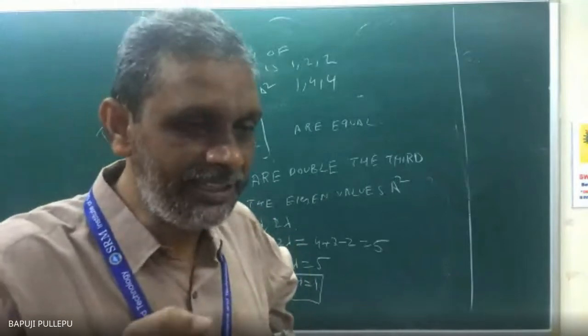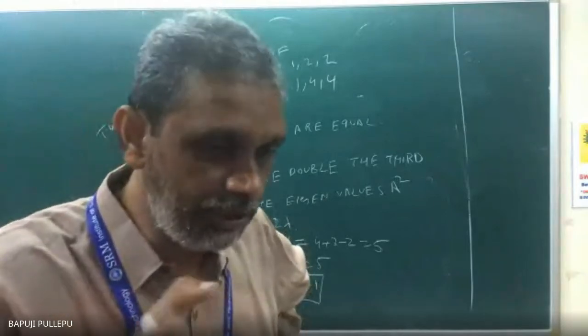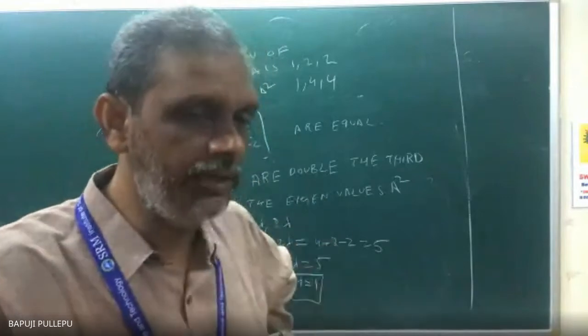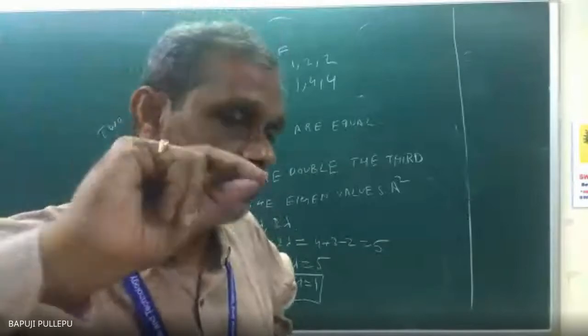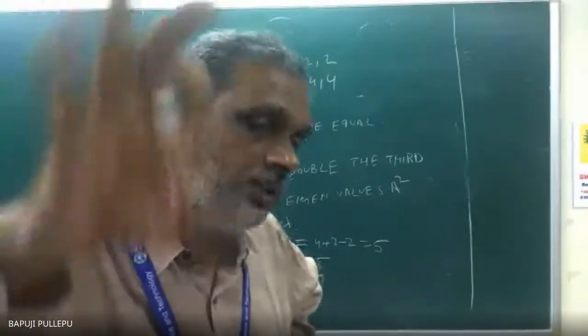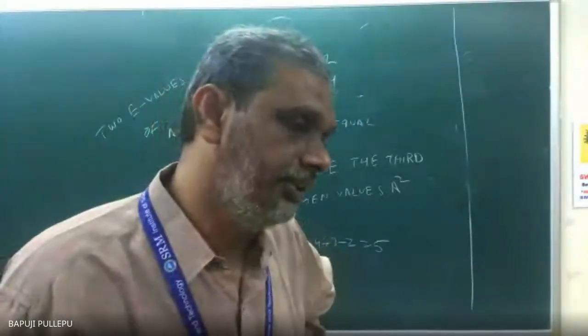For order-wise, I have written 1 to 2. But if you want to say it truly, I can write 2 lambda, 2 lambda, lambda. Then you will understand. Lambda 1 is equal to 2 lambda, lambda 2 is equal to 2 lambda, lambda 3 is equal to lambda. Any doubts? The confusion I am facing is that I feel the first two are equal, and the third one is double of them.